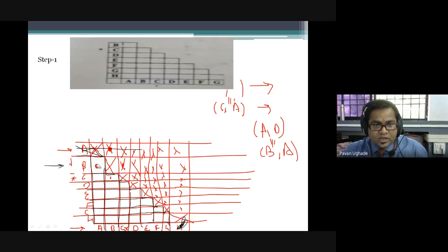Can you see? This cell is AB, this cell is BA. Both are the same, so I need not work on that. Here also you can see this is a combination of CA. I have another combination AC. I'll be processing this. I will not process this. Why should I? Both are the same.